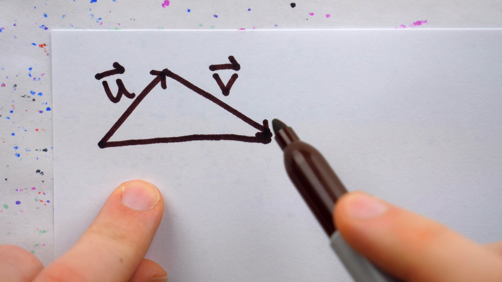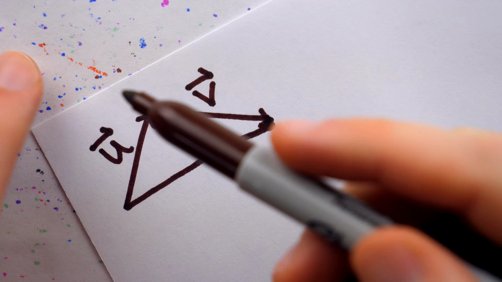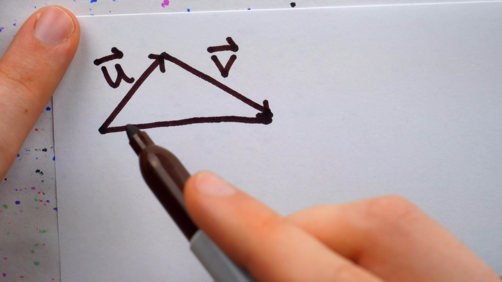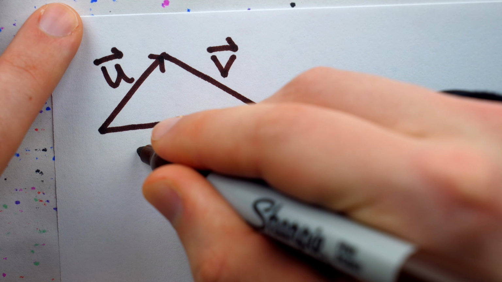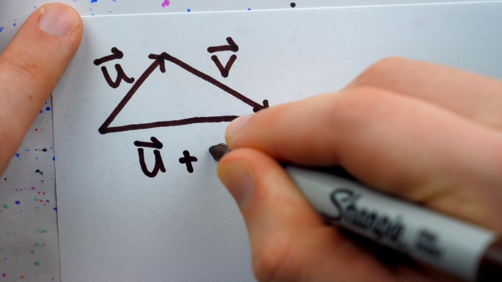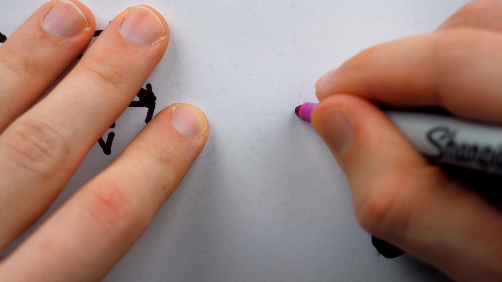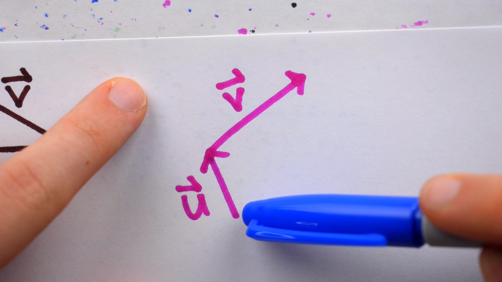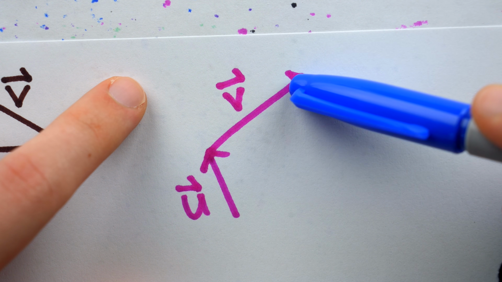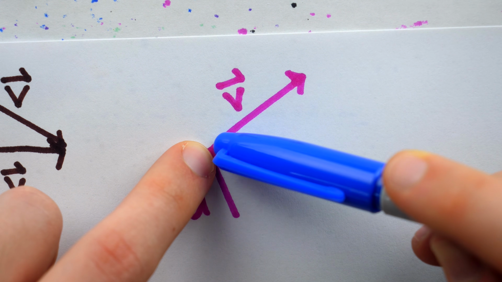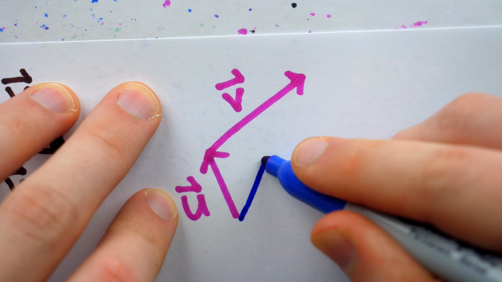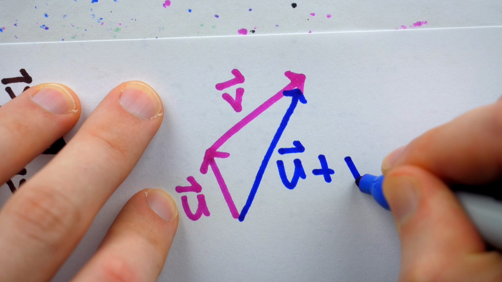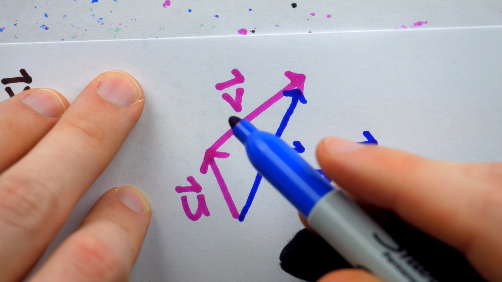Vectors, like numbers, can be added, and to add them, all you have to do is connect them from tip to tail, just like with u and v here. So in fact, this third side is precisely the vector u plus v. Just as another example, if this is a vector u and this is a vector v, to add them we need to consider the length and direction of change that occurs when we put them tip to tail. And of course that ends up being the third side of a triangle. This here is u plus v. It represents the direction and distance traveled when we combine those two vectors.